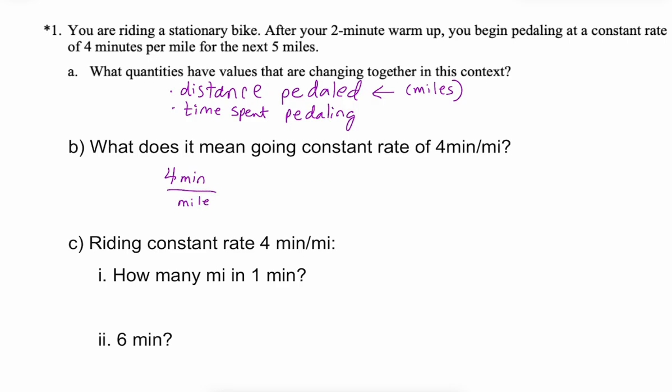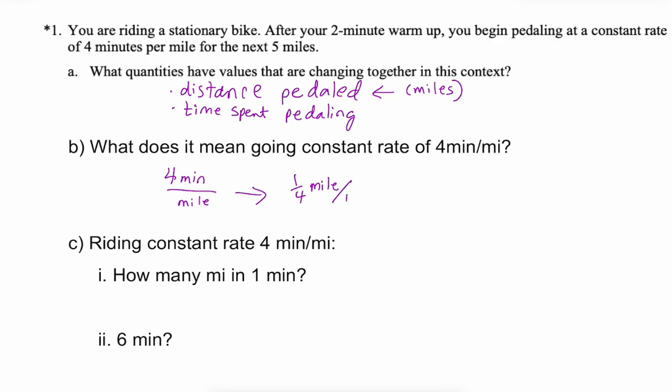Yeah, so if we think of miles per hour, we usually kind of think of it in the opposite direction. We kind of flip it. So 4 minutes per mile, you can also think of that, if we take the reciprocal of that, that we are going 1/4 of a mile